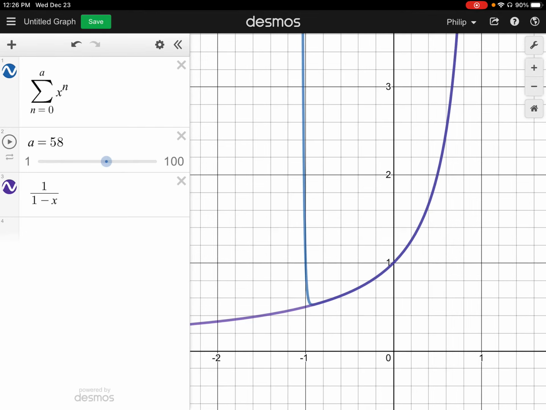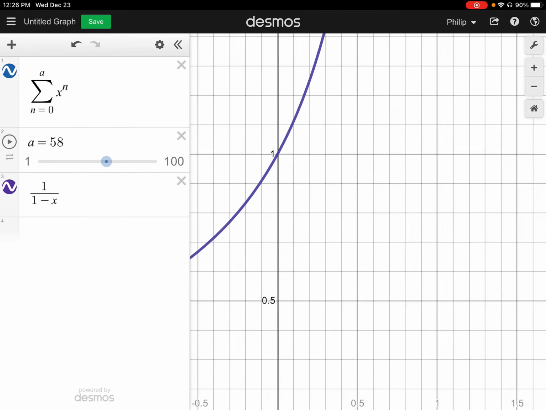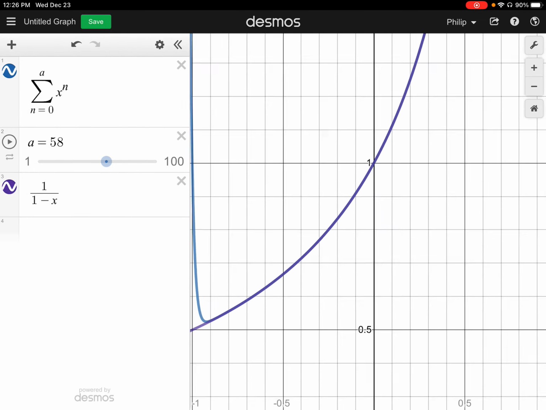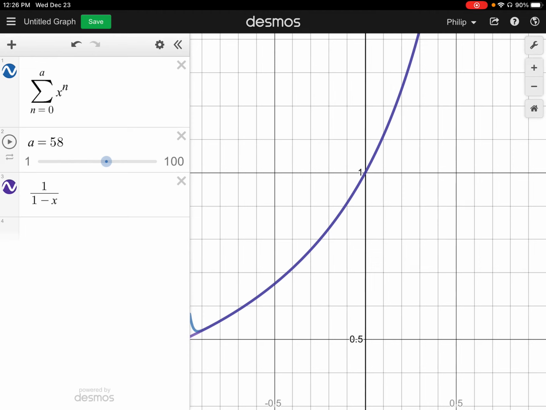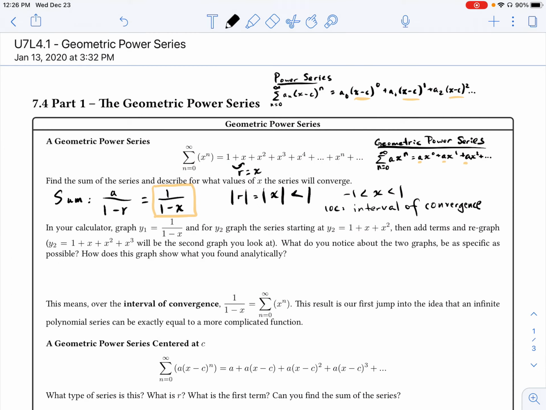And in fact, what did we say our interval of convergence was? We said from -1 to 1. So let's zoom in really close there. Between -1 and 1, what are we noticing? That this sum and that series are practically indistinguishable from one another. And as we get closer and closer to infinity, you won't even be able to tell the difference between the two. And this is so important because this is our first jump into the idea that an infinite polynomial series